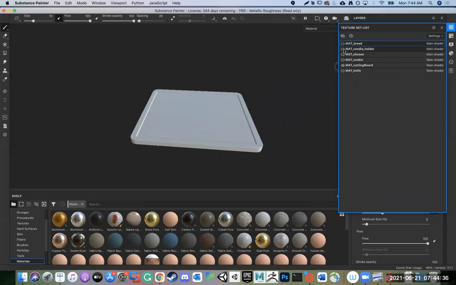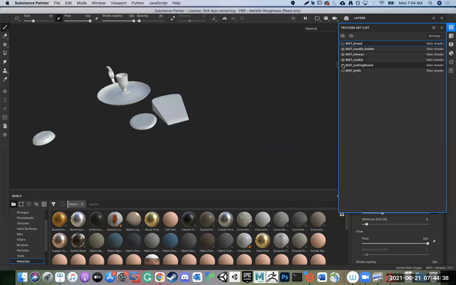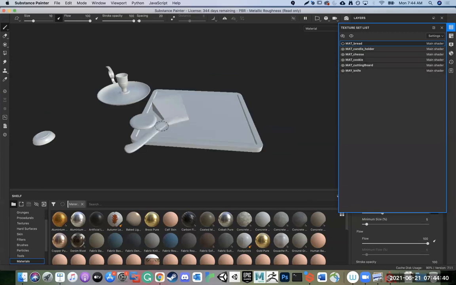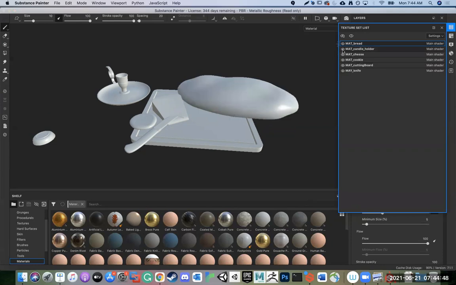So I imported a lot of these things from the still life, and I may take some time and show off some nice little techniques on some of these other things if there's time. I'm probably going to show you a little bit about the bread, but again, focus: cutting board, candlestick holder. So where's it? Cutting board, and then